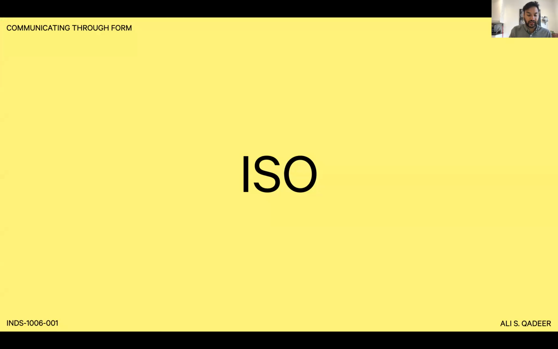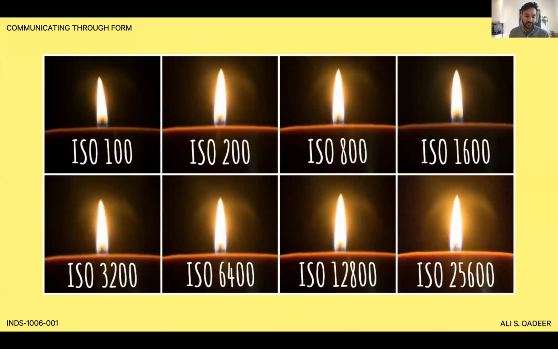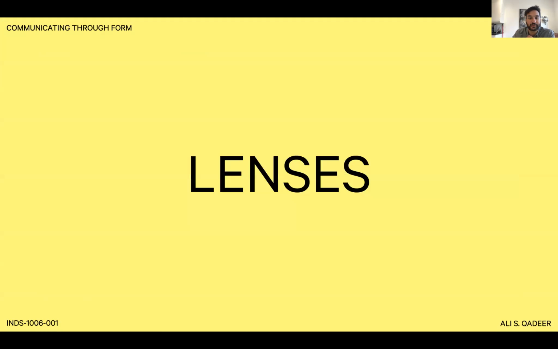The last variable affecting exposure is ISO. ISO refers to the light sensitivity of your camera's photosensors or of the film that you're using for analog cameras. With lower ISOs being less sensitive to light, common ISOs range from 50 to 800, though digital cameras can go far higher and adjust on the fly. The side effect of higher ISO values is that it increases image noise and grain, even if the subject is in focus. Unlike aperture and shutter speed, we only want to increase ISO when we have to, as the reduction in image quality doesn't have much application.